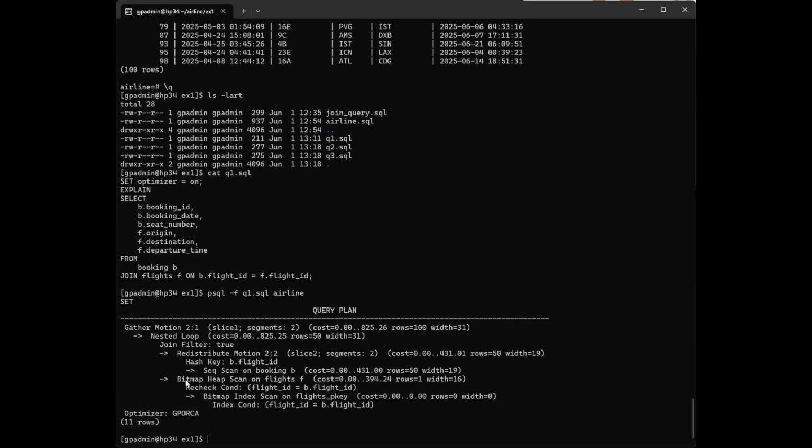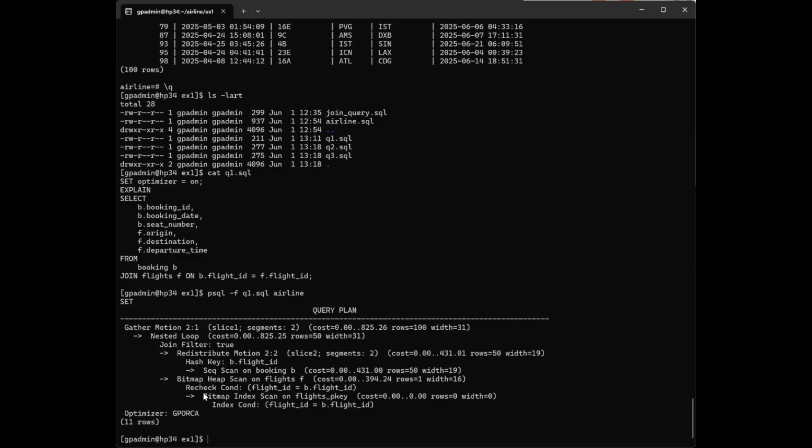And then here's the inner loop. The inner loop is looking for a flight that matches a certain criteria. Now it's looking for a flight that matches the flight ID of the booking. So it just wants to go directly to that. Perfect. Now bitmap index scan, like I said, we've got sequential scan, bitmap index scan, and index scan. Index scan is faster than bitmap index scan, but one thing that I know is that GP Orca supports bitmap index scan on compressed tables because the